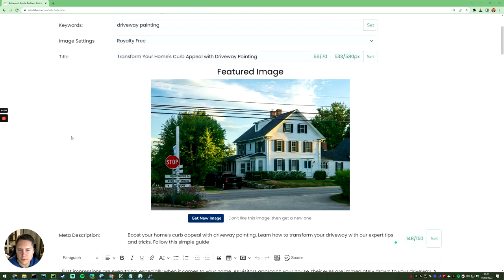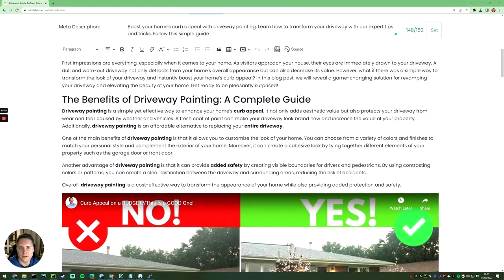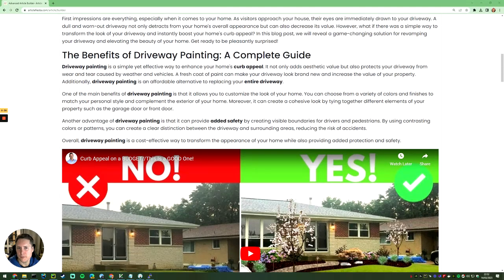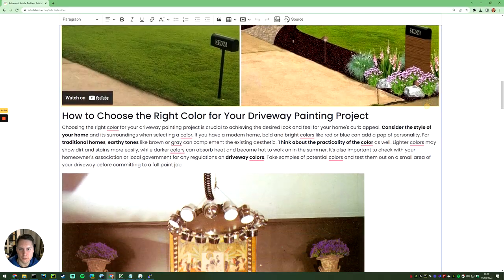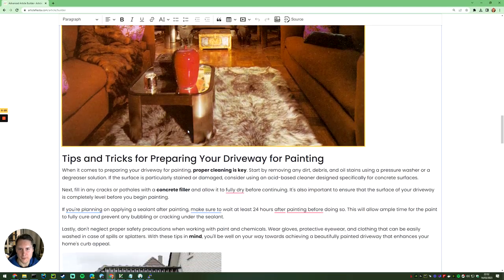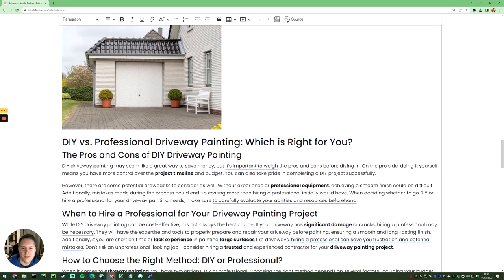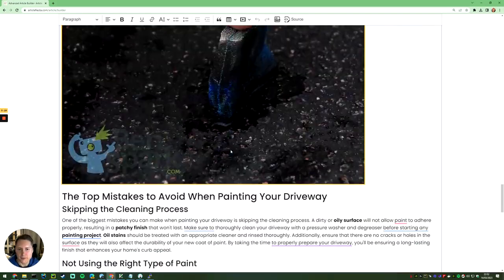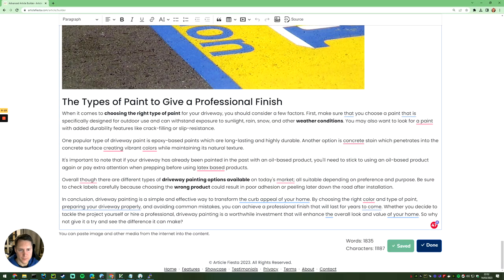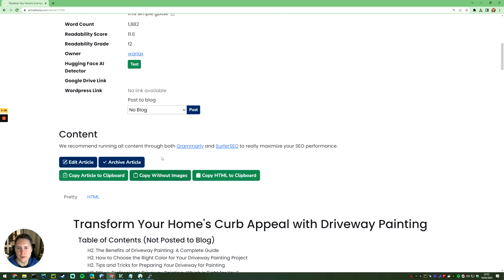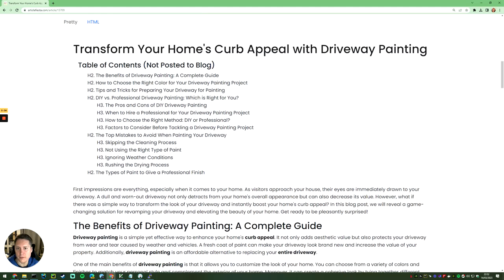So there we go, it's just finished. And you can now see I've got a high quality thing, loads of highlighting of driveway painting because that's obviously important to us. There's our video, there's a before and after. I mean, that's just someone's living room, but here we go, perfect. And this could be automatically posted to my blog, no question. And there's a call to action at the end. Why not give it a try? If I go here, I can post to my blog straight off, and there's the table of contents. Right, I've got this up here, but check it out and see how you